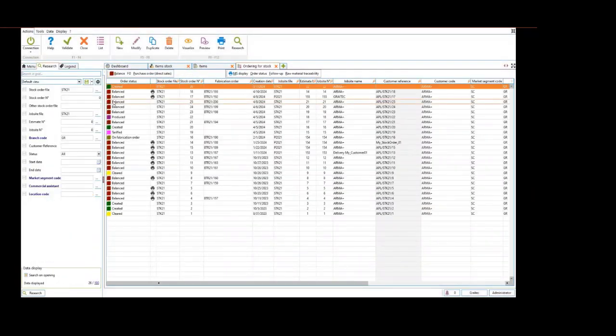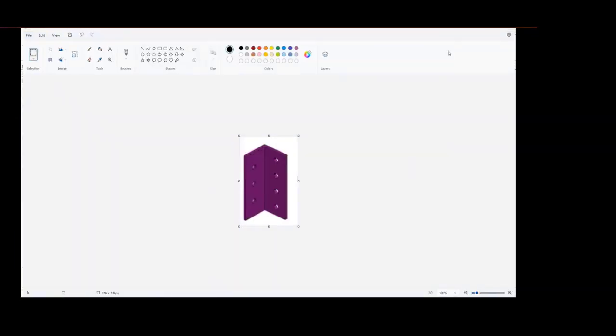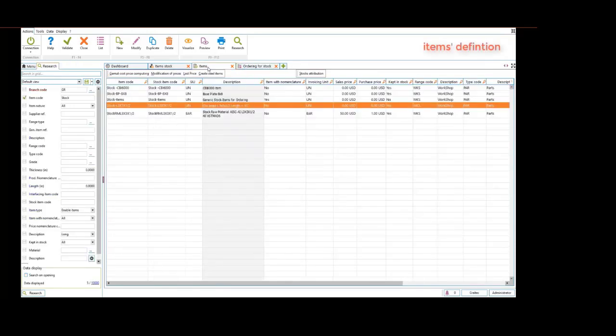So in the example, we're going to be ordering for stock. So we're going to be using the order for stock menu. And once again, we're going to be using the clip angle as the example here. Once the order is created, before actually linking the items, we're going to take the time to explain how the